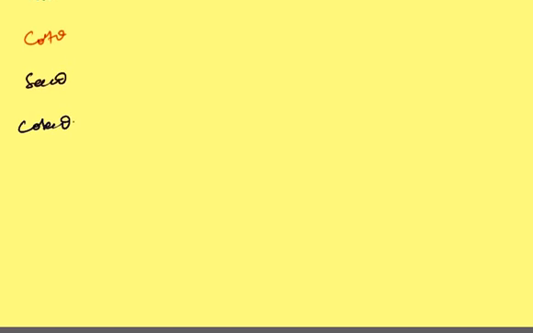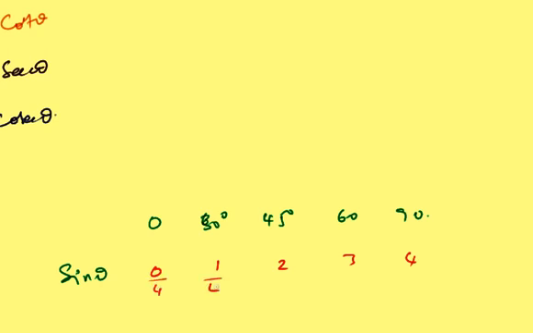So friends, I'm taking an extra step over here so that it will be easy for you and for me to solve the problems. Let us say this is sin theta, so I'll find the values for sin theta at 0 degrees, 30 degrees, 45 degrees, 60 degrees and 90 degrees. Just write the numbers 0, 1, 2, 3, 4. Don't ask me why we are writing like this, it is just a simple technique to remember. Now divide all the values by 4. Now take the root of all the values.